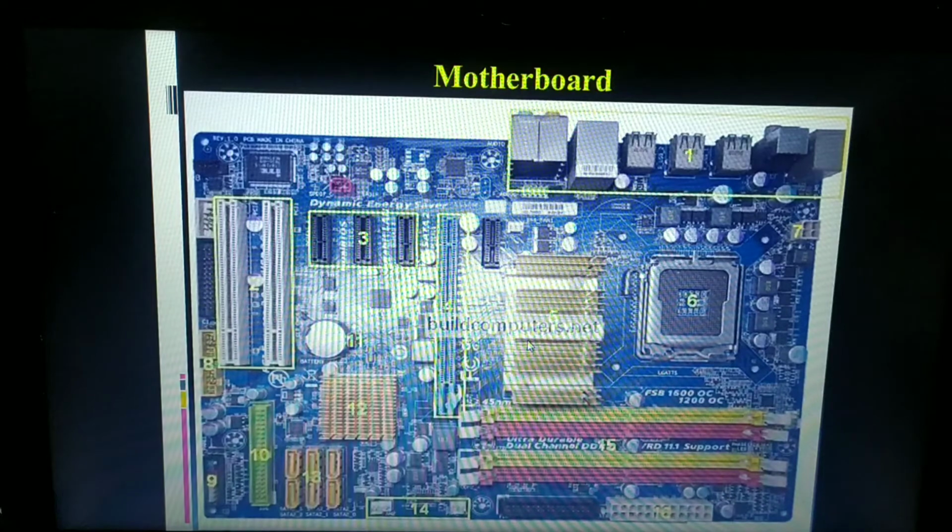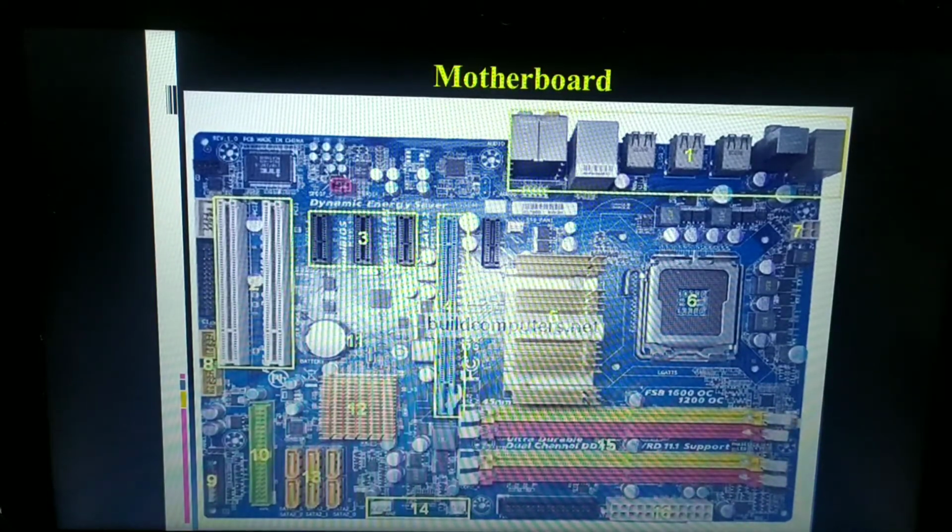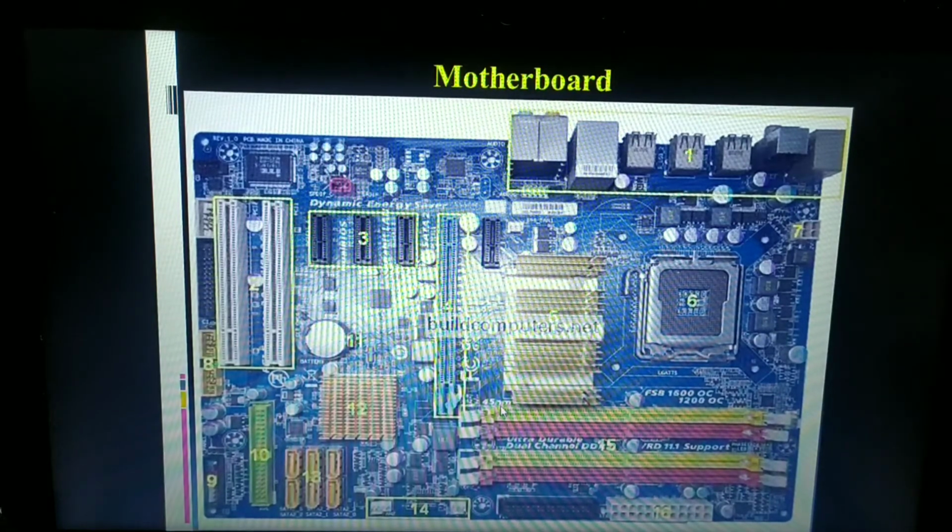We have seen the hub as a terminology in the star topology, where the hub is nothing but the central unit, without which no computer systems can communicate with each other over the network. Similarly, without this motherboard, no different electronic components can communicate with each other. Hence, we can also refer to this motherboard as the hub. I hope you people are understanding.